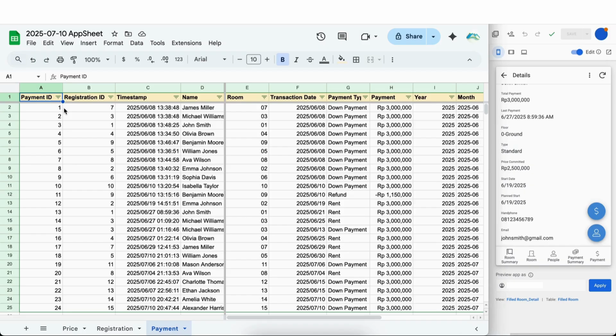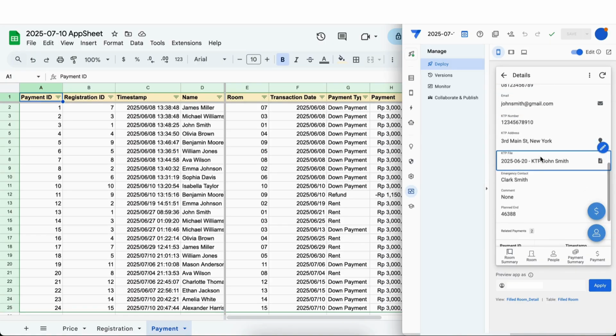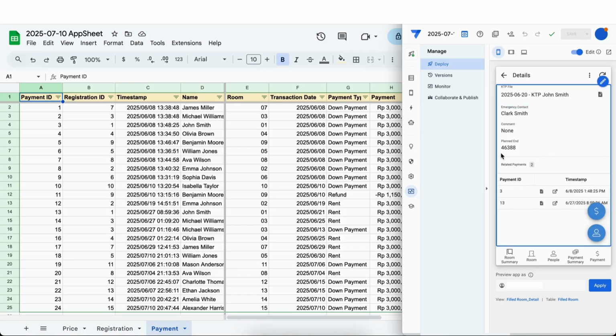You have the ID to have a unique mapping between different entries in the different rows. So depending on what you configure here, you can really choose how to structure your data, and it's quite convenient. And what I really like also is this ability to see, for a person, the related payments. Going back,